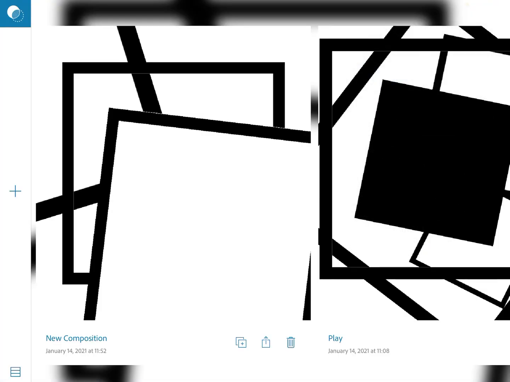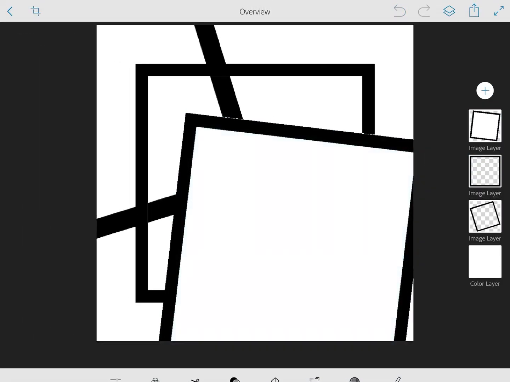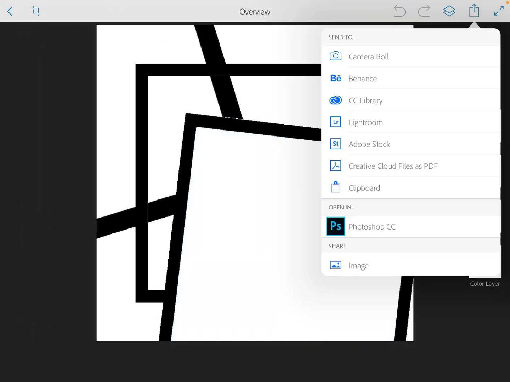All right. So I had a question about how to export your file as a JPEG. There's a couple ways you can do this. You can do it from within the file. If you're just here, after you've made your adjustments and stuff, you hit the little share button. There is an option to save as an image,